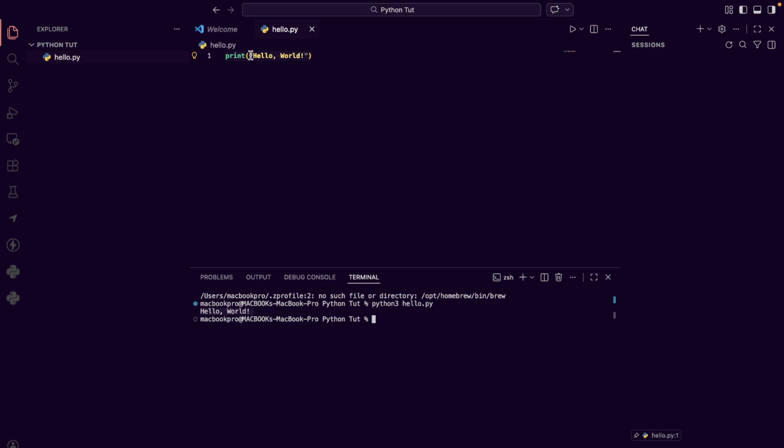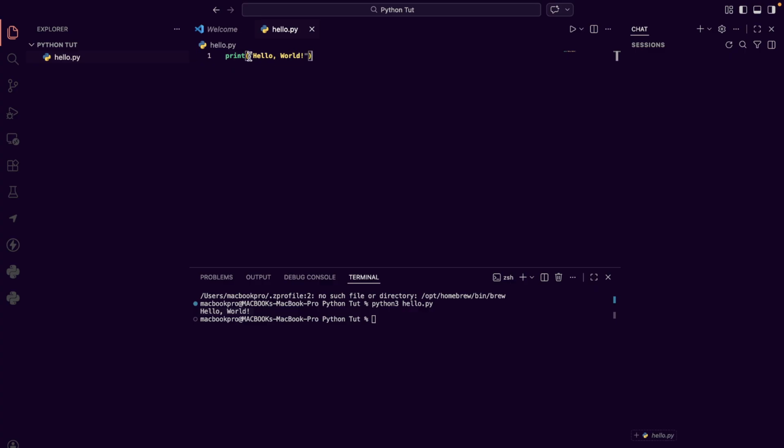So the result is showing only hello world. It's not showing the parentheses or the double quotes. Why? Because now Python has interpreted to the computer what we want to display. So all these are computer language, the double quotes and the parentheses.